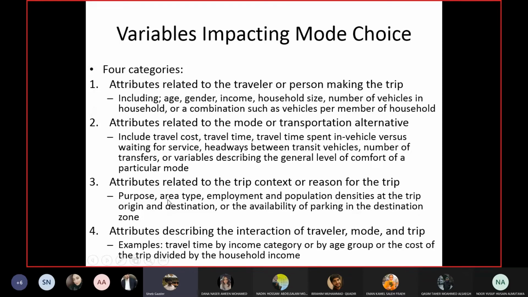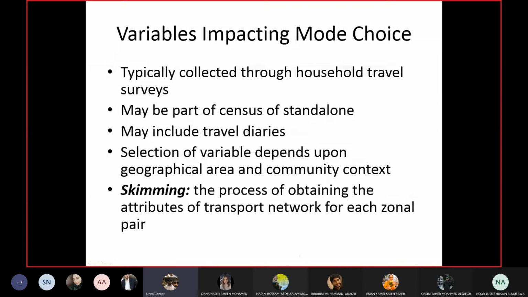For example, if the trips are in the same area, same type of area, then land use is not important, so you can take it out. Purpose: if I'm only doing it for education trips, for example, only for students, then purpose is not important, you can take it out. I know everyone is going for education. In the project I will forward you, you can see they are only doing it for work trips, trips which are taking people to the workplaces. So again, purpose is not important, because we already know all trips are for the same purpose, and so on and so forth.